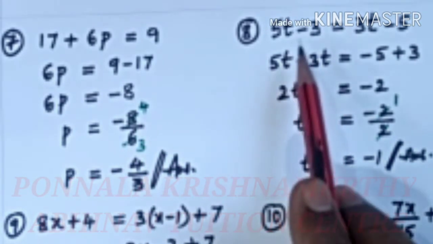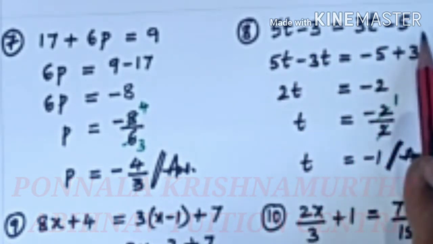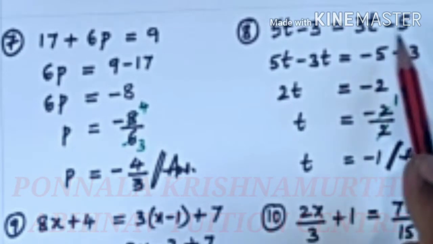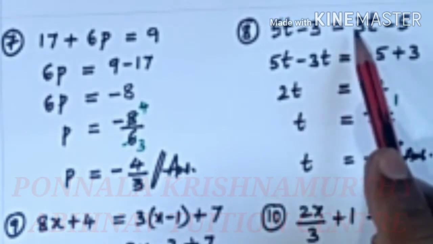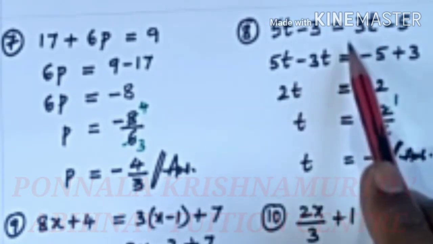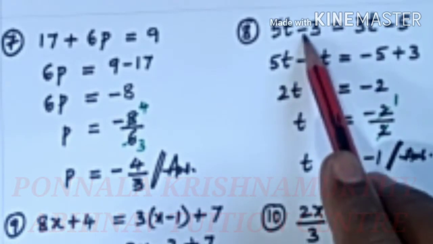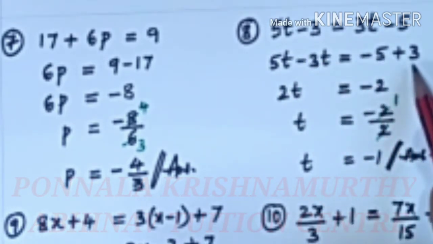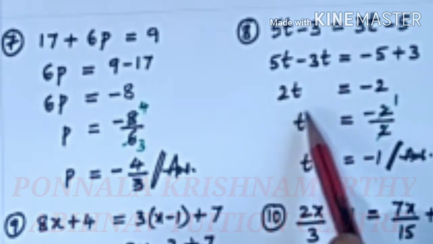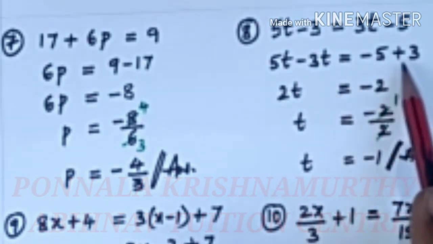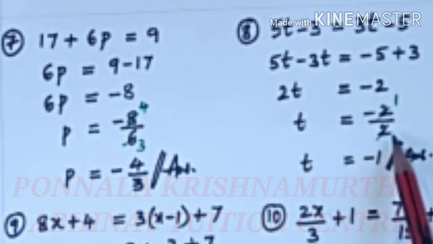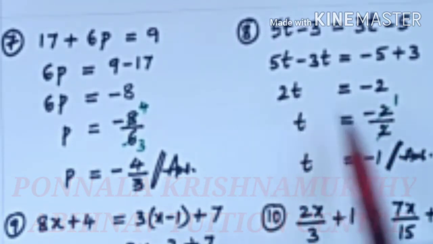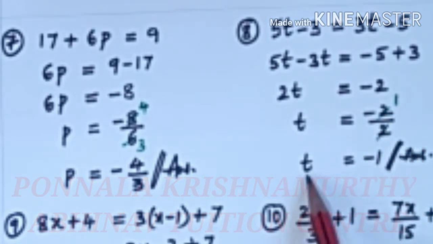Answer. 5t minus 3 is equal to 3t minus 5. Here in this equation, we have t here and here also. So first we write 5t and then plus 3t becomes minus 3t is equal to minus 5, and this minus 3 becomes plus 3 after coming to the right hand side. Now this is 2t is equal to different signs, subtraction, bigger number sign. So this is minus 2. Don't say minus into plus minus. t equal to minus 2 by 2. So here into here by 2. 2 ones are cancelled. t equal to minus 1.